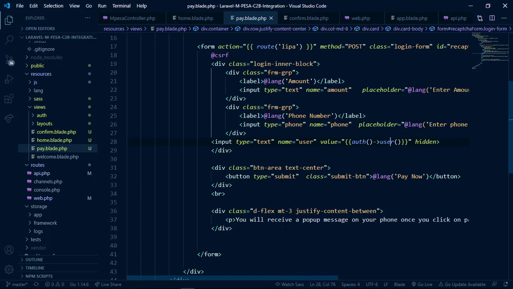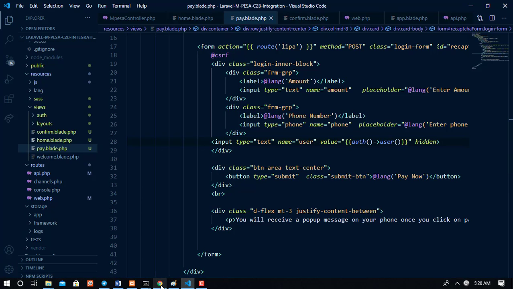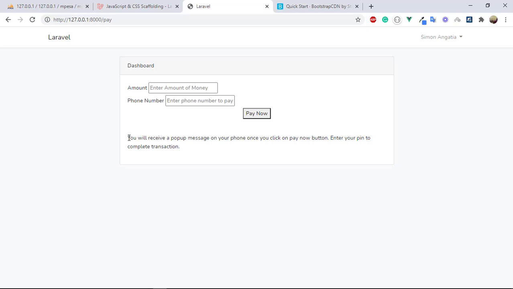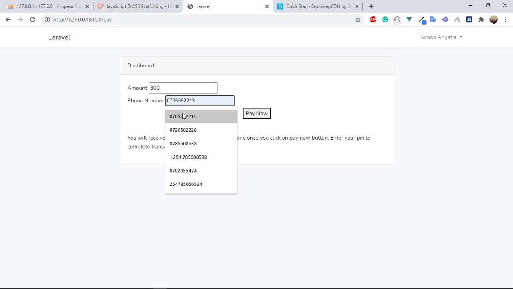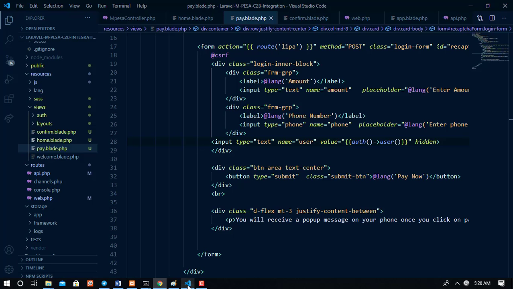And here we have just to notify the user. You will receive a pop-up message on your phone. You can do anything you want to notify the user of what will happen. You have to enter your PIN to complete the transaction. So the user will know what will happen. So for example, I want to pay 300, just do 300, and then the phone number that I will use. And this phone number is the one that is going to receive the pop-up. Okay, so let's go back. So that is the pay form,